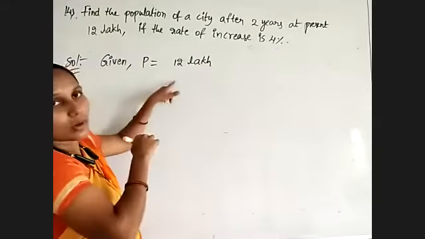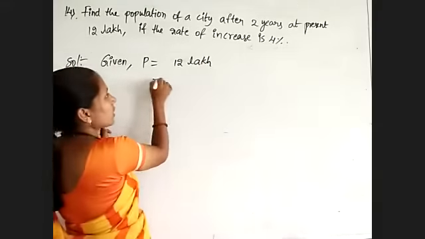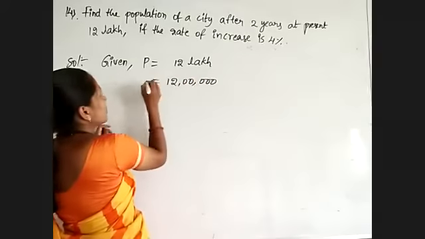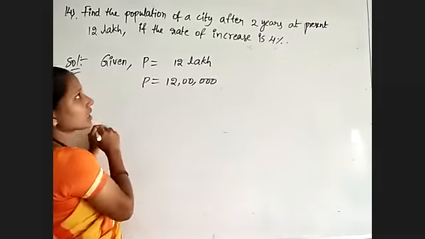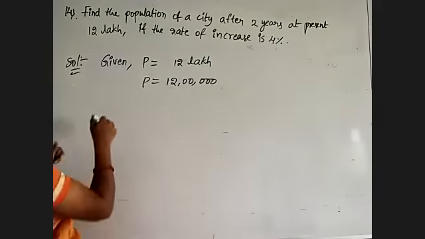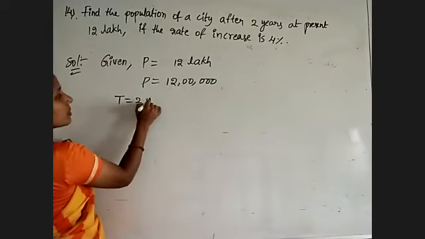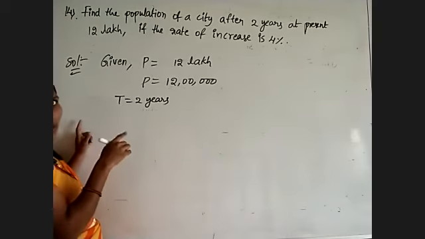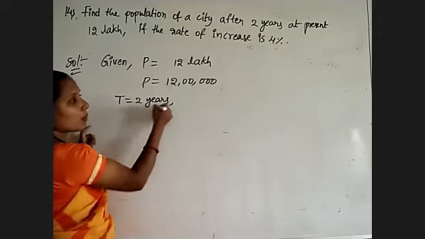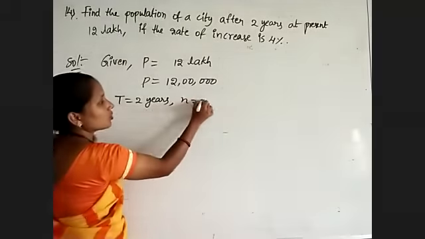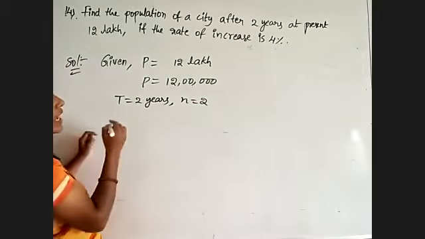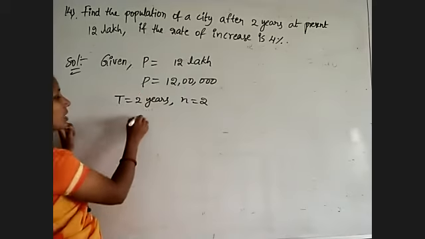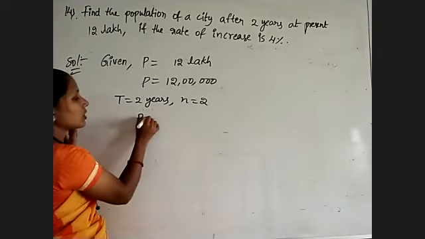Write in number, principal is equal to 12 lakh, and given time period is equal to 2 years. Because the time is 2 years, we take compounded annually, so n is also equal to 2. After this, the rate of increase is 4%, means R equal to